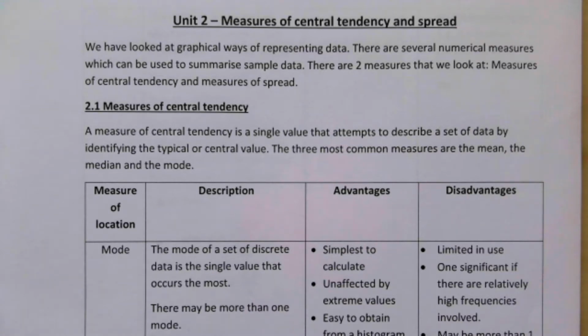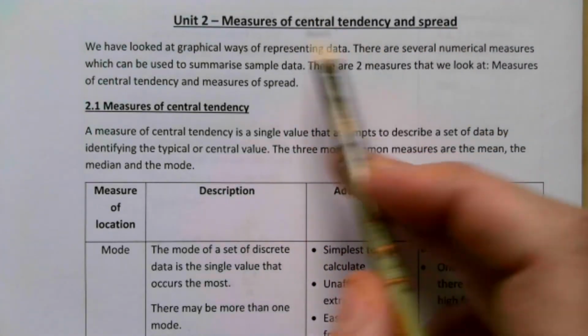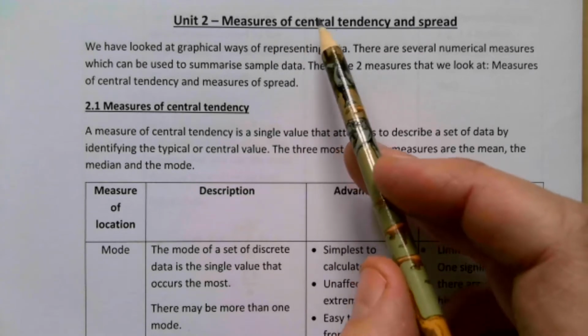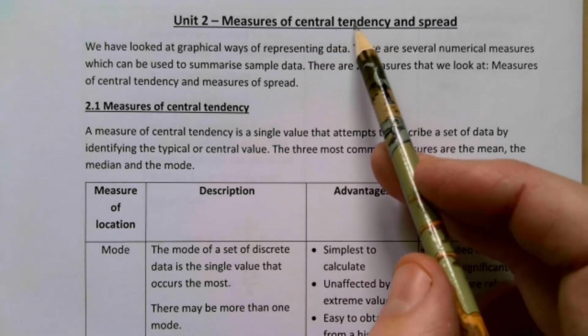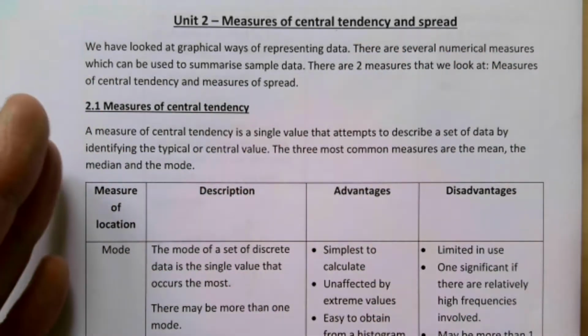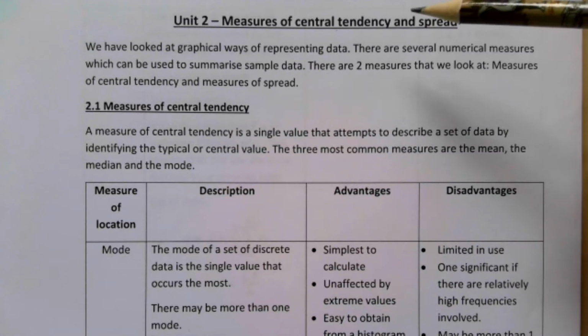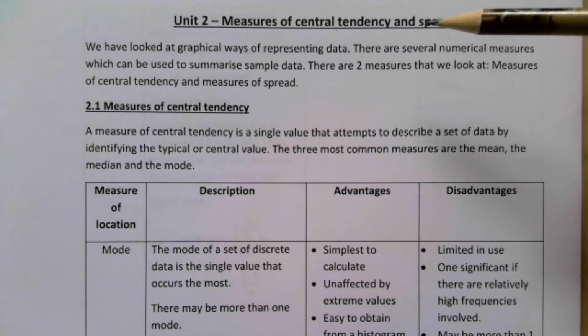Okay, this is AS Statistics. We have moved on to Unit 2, so measures of central tendency and spread. These are just very fancy phrases. Measures of central tendency is a fancy way of saying mean, mode and median. And then spread means obviously how spread out the data is. So things like range and interquartile range, which you'll have met before, and then a wee bit on standard deviation,